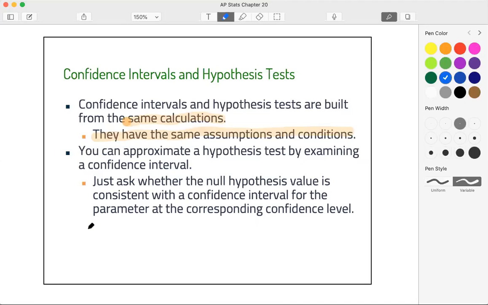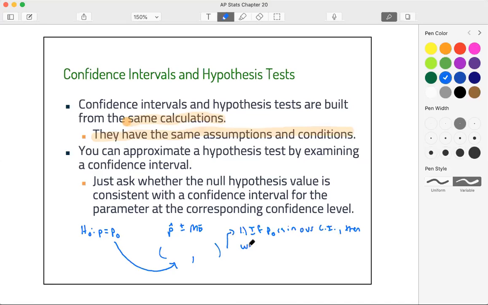confidence level. So for example, in a hypothesis test, the null hypothesis is that P equals some hypothesized value. When we construct a confidence interval, we have P hat plus or minus the margin of error, and we get an interval of two values. So basically, we're looking to see if this value from a hypothesis is inside our confidence interval. So we have two cases. Case one, if our hypothesized value, P0, is in our confidence interval, CI for short, then